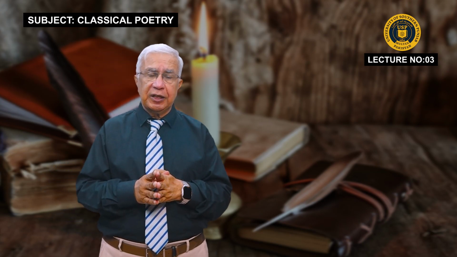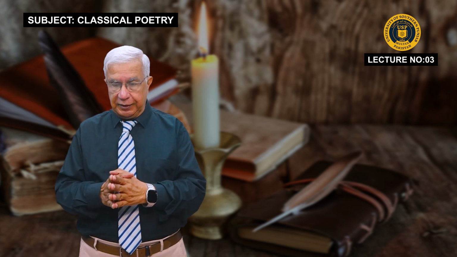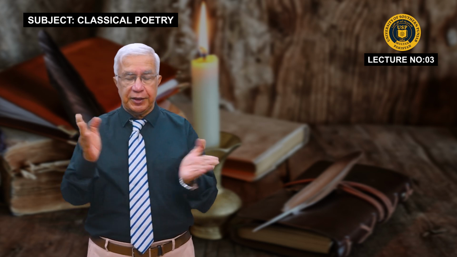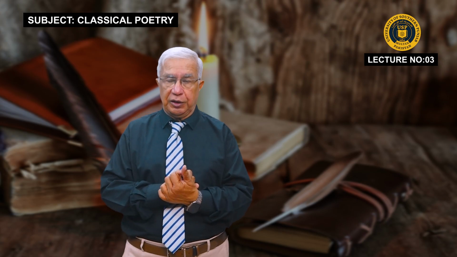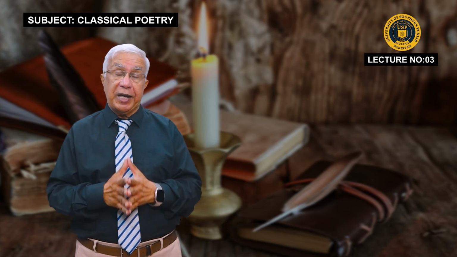So with the passage of time, if we continue to proceed further, we shall find more and more things in the poetry and the style of these people. For example, imagery and symbolism. These are the two major things which classical poets practiced.